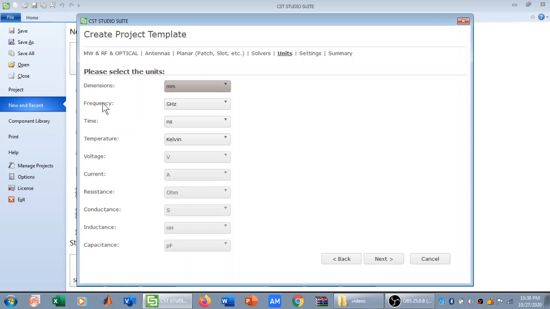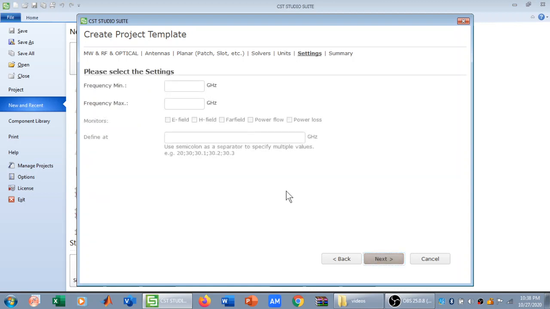For the unit of frequency, I can select gigahertz, terahertz, hertz, kilohertz, etc. Similarly, for temperature, voltage, etc. I can always change these units when I am in CST Studio. So for now, I'm going to simply click on next, and then they ask me what is my minimum